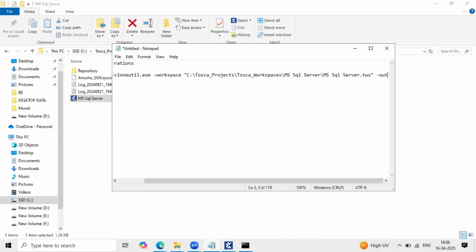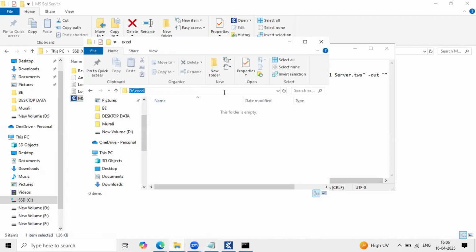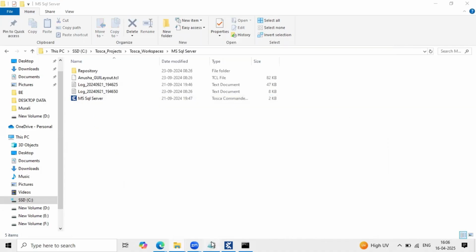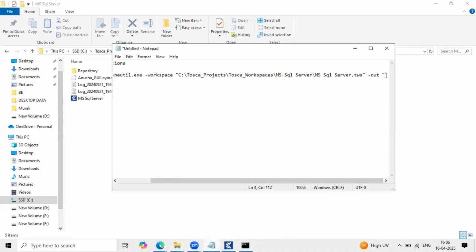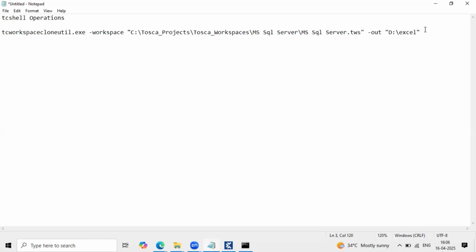Which directory do you want to clone it to? Just mention the directory path here. I just want to clone this one to the D directory, Excel. I'm copying this Excel, going back here, and paste. That's it. This is the command we always use to clone a workspace from one location to another. Just copy this entire command.